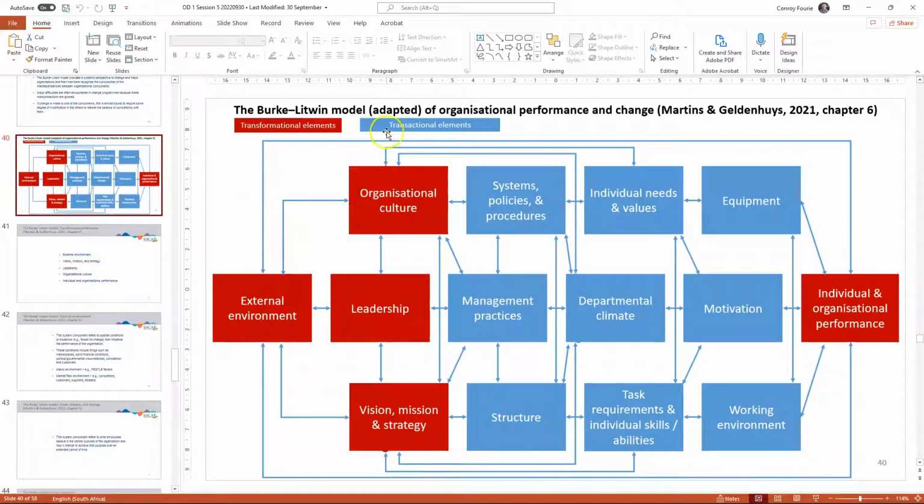So the Burke-Litwin model, adapted by the authors with a few elements, which they explain in the textbook: the environment and the context of an organization, they would be in an external environment, there would be leadership in a business, there would be organizational culture, there would be a vision, mission, and strategy, and all of these other elements. Okay, so make sure that you understand this model or the others in there,